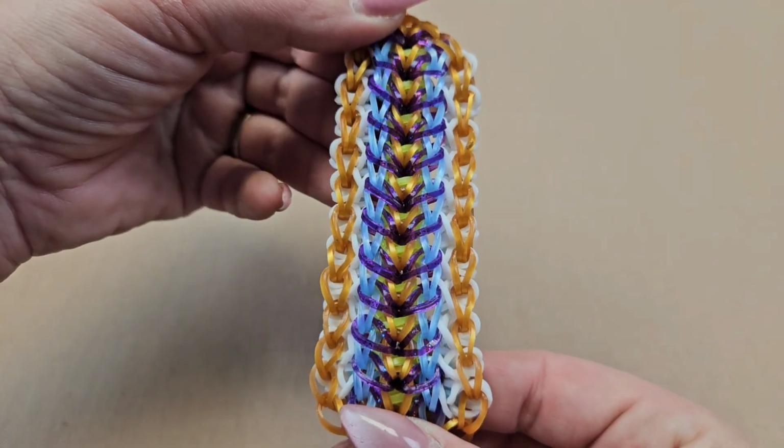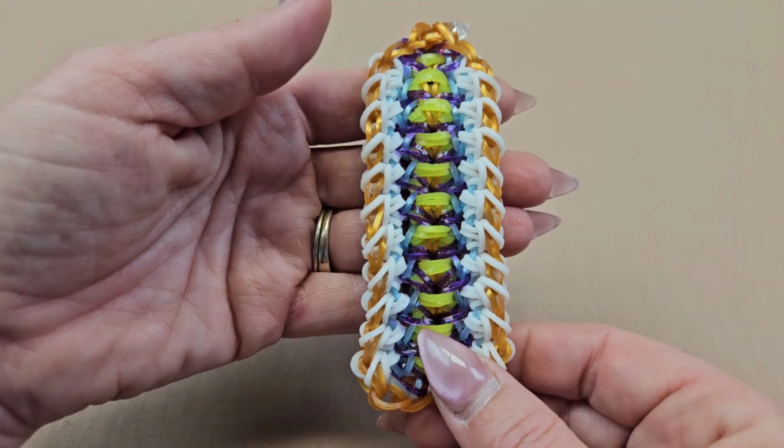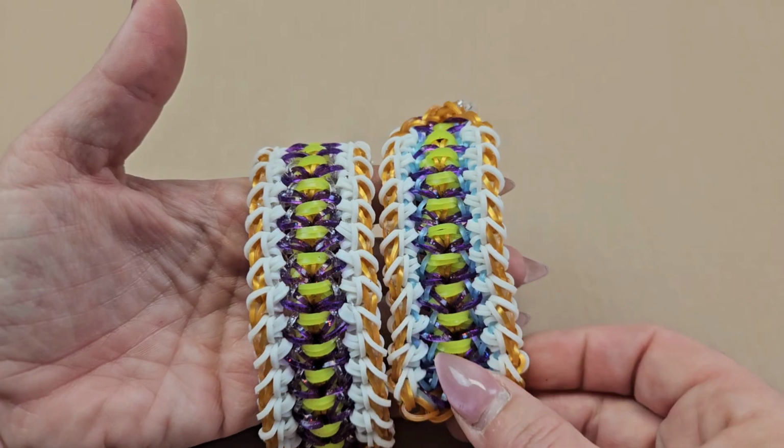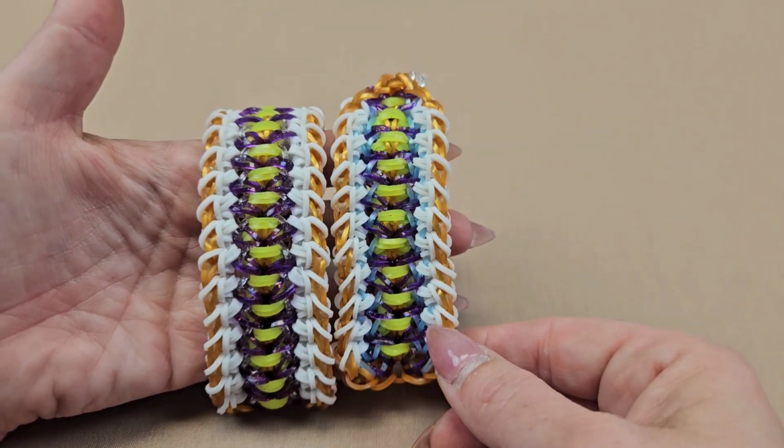This is such a gorgeous bracelet. I love how this looks with the blue instead of the clear. But that is it, you guys. That is how you make this super cute basket handle bracelet created by